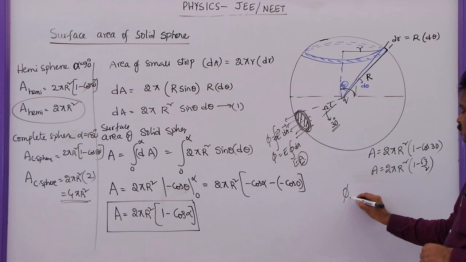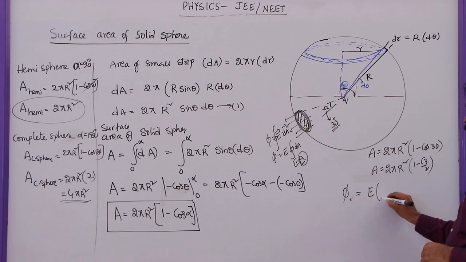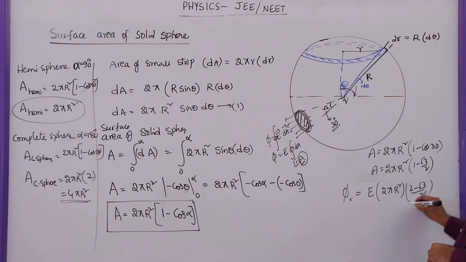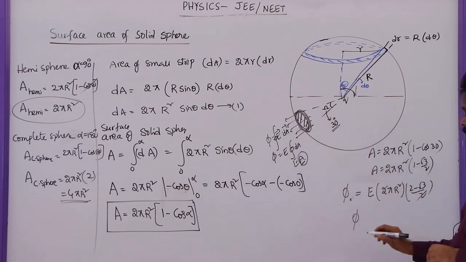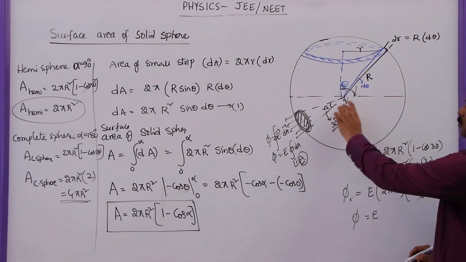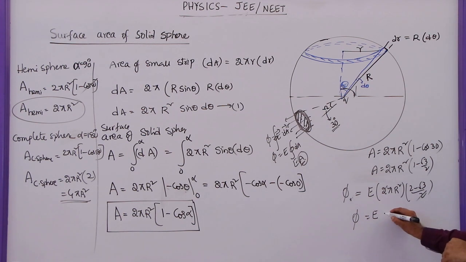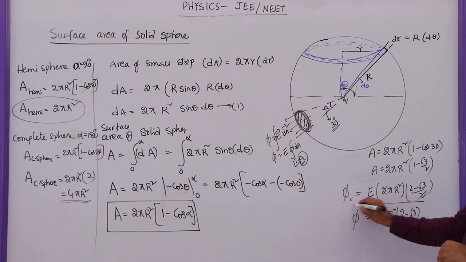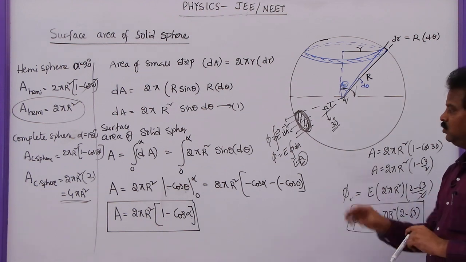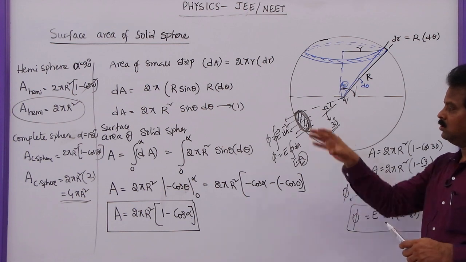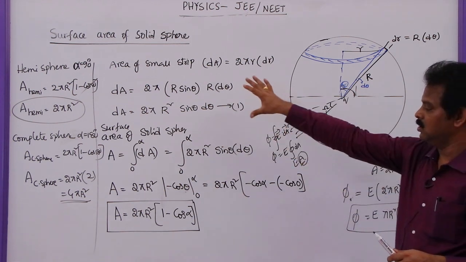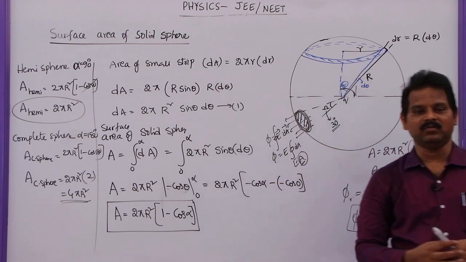So the flux through that small area is given by the electric field into 2 pi r square into (2 minus root 3) by 2, with the 2 getting cancelled. So the flux through this area is given by the electric field at that point due to the charge here, which we can write as 1 by 4 pi epsilon naught q by r square, into pi r square into (2 minus root 3). This is how we can find out the flux through a small given surface. To find this value, this derivation is very, very important, and you can remember this derivation very easily.